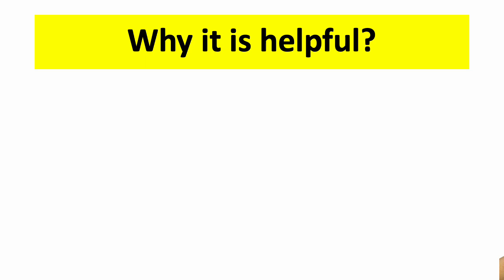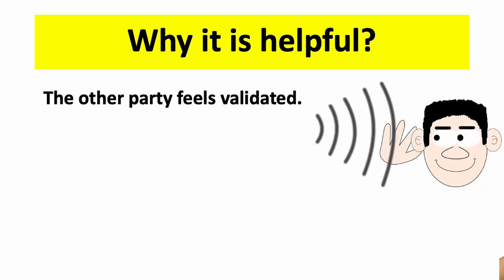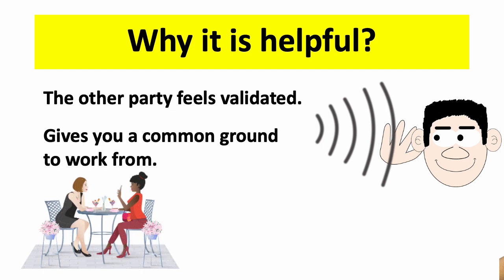Once we have stated that we agree with the other person on those 10%, they will feel validated. This is really important. They feel heard. They know that you are listening. And so the 10% rule is super helpful because now the other party wants to work together with you. It also gives you that very common ground to work from. Find something that you both have in common, that you both agree on, and step off from there.